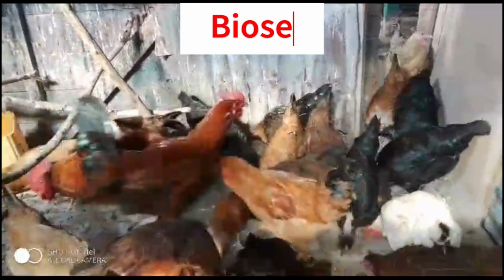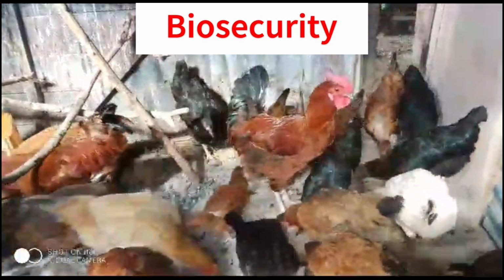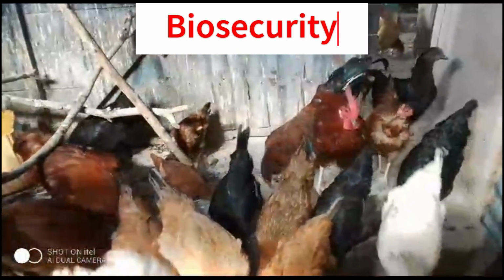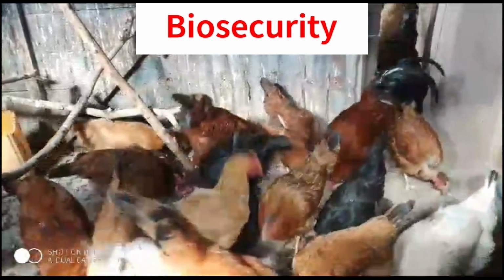6. Biosecurity. Maintain strict biosecurity practices to prevent the introduction and spread of diseases. Limit visitors to your coop, quarantine new birds before introducing them to your flock, and avoid sharing equipment with other